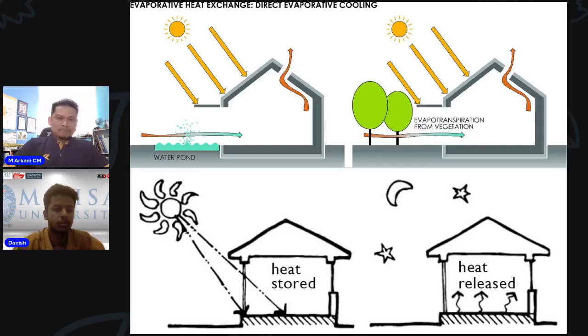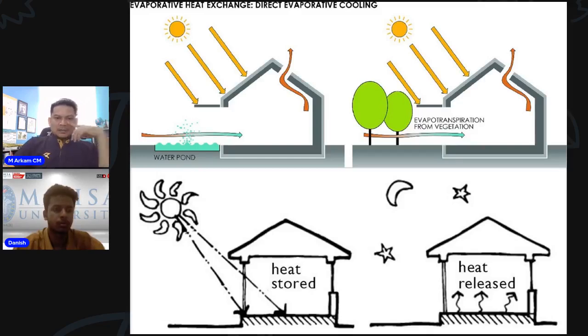It can be done for our building to cool some hot air before it enters our building. Then we release it back through our roof monitor or roof opening, back to the environment. So this is how air can be circulated inside our building using this concept, to improve the airflow or air exchange in our building.